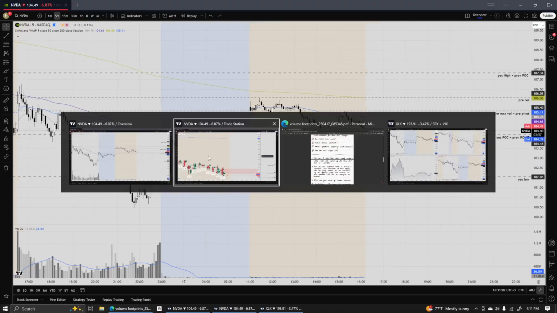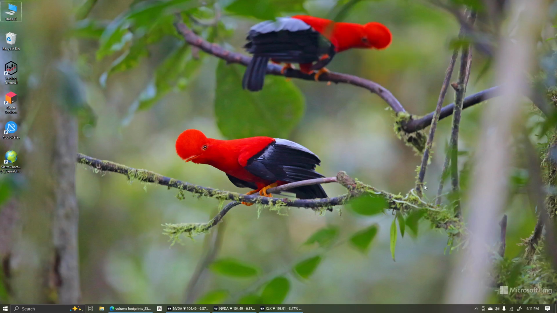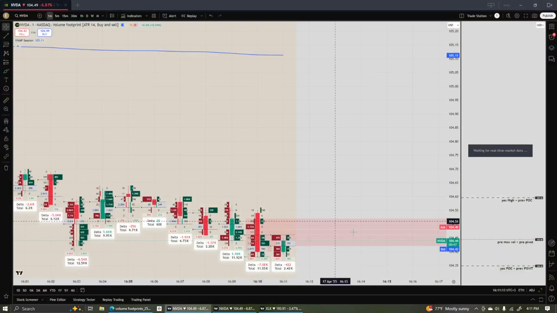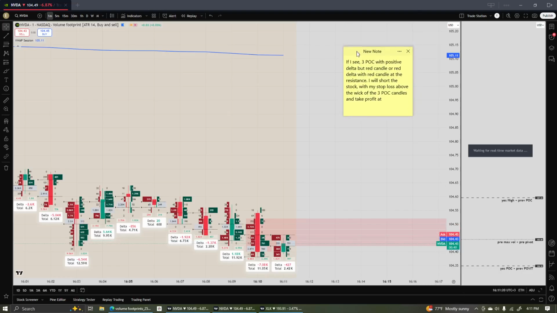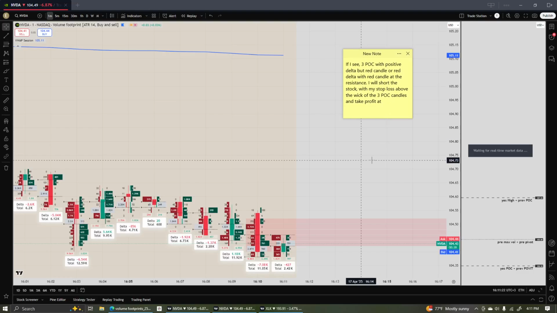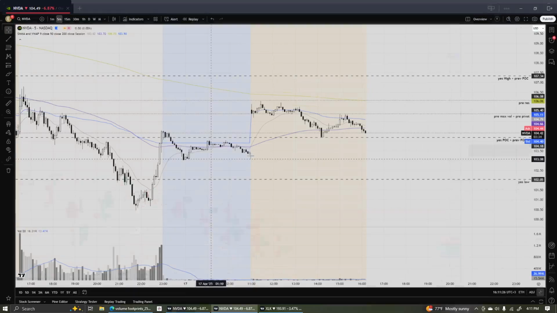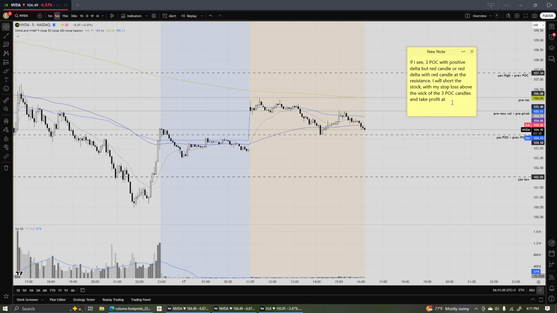So, where's the sticky note? Hey, the sticky note disappeared. Useless application. Is there somewhere I can see? If I see three positive and put my take profit, I don't want it to disappear. I'm gonna put it in my desktop, the second desktop, and take profit at